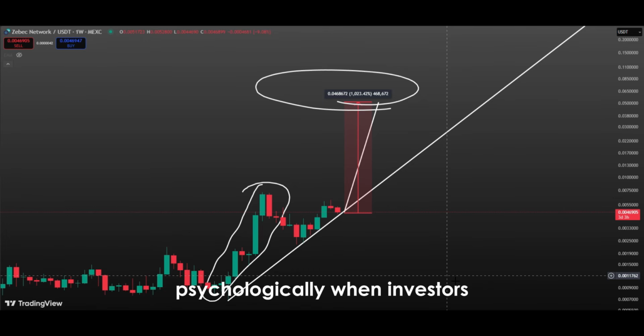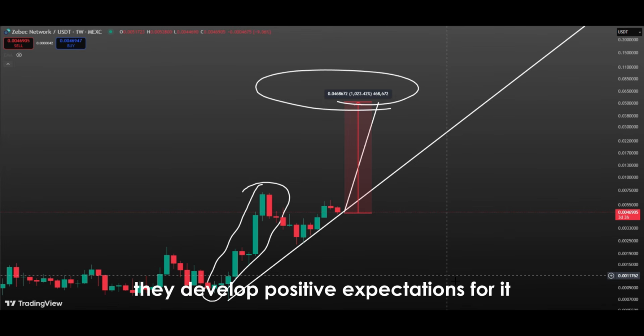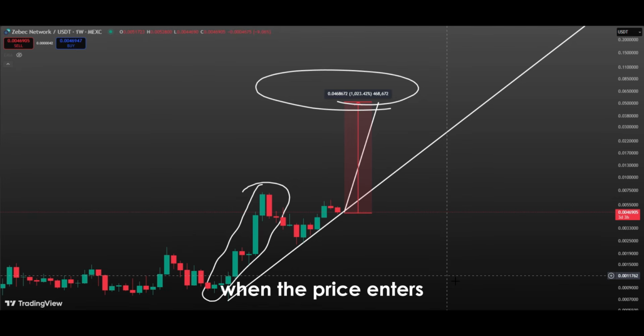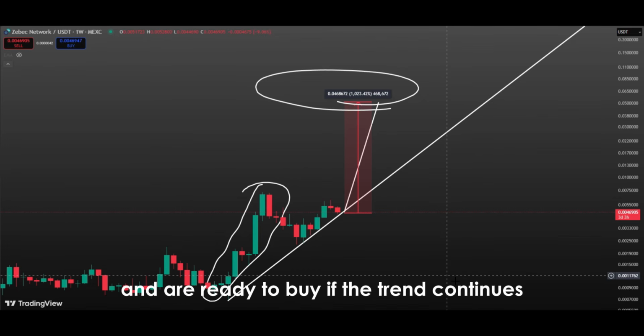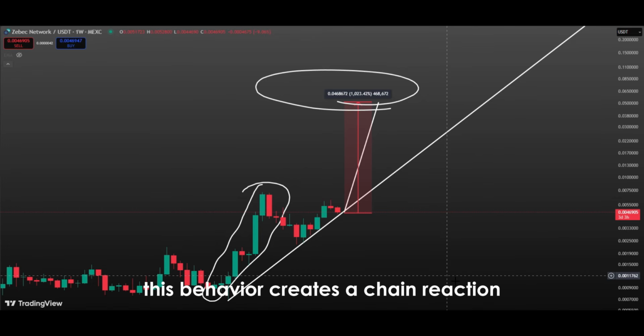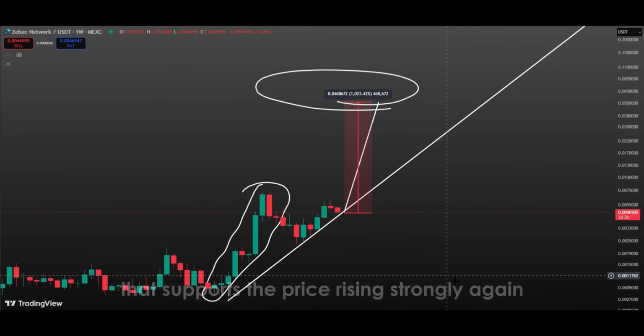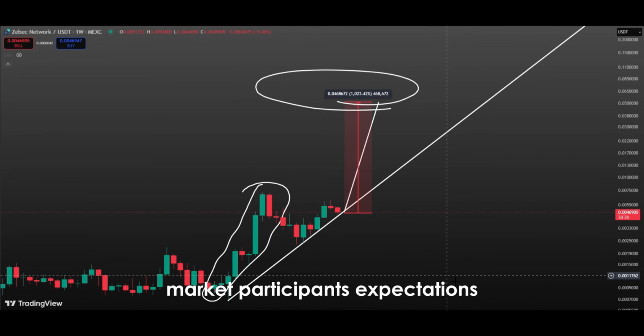Psychologically, when investors see that an asset has achieved strong upward movements in the past, they develop positive expectations for it. When the price enters another horizontal consolidation period, investors view it as an opportunity and are ready to buy if the trend continues. This behavior creates a chain reaction that supports the price rising strongly again. Market participants' expectations, based on past performance, make it likely that the price will mimic previous rallies, potentially resulting in